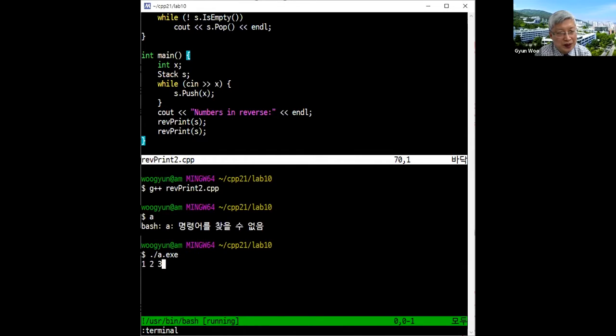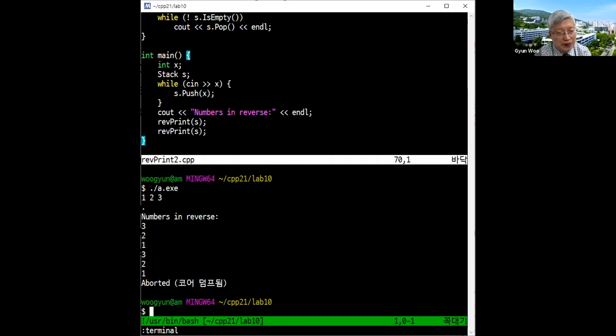So 1, 2, 3. Any number is good. So it is aborted. It prints fine at the first reverse print, but in the second reverse print, there is an error